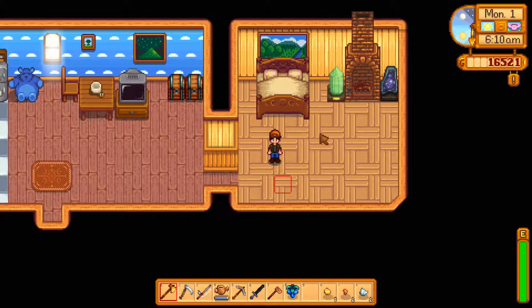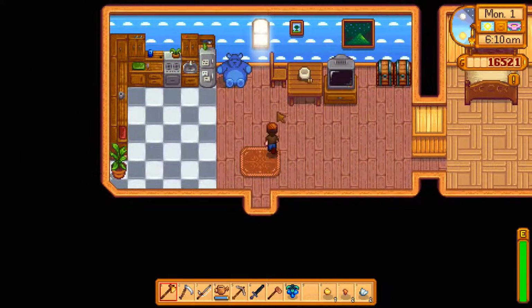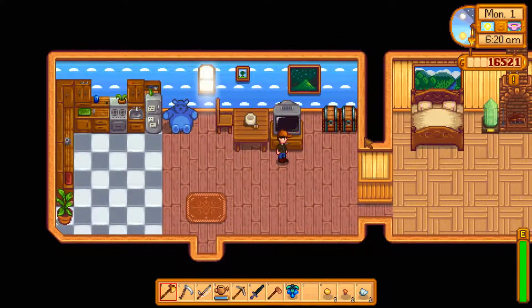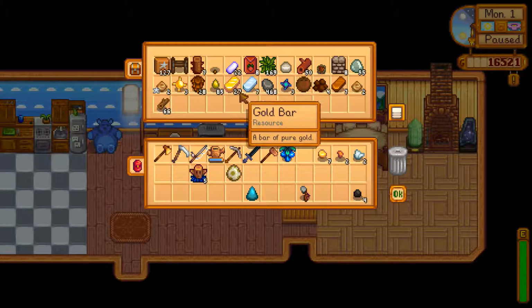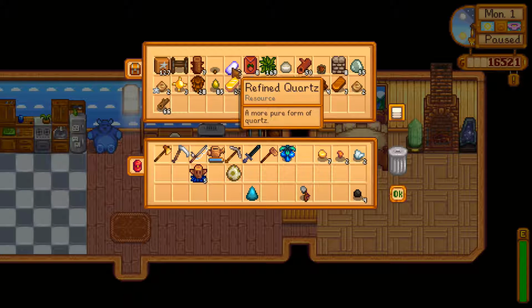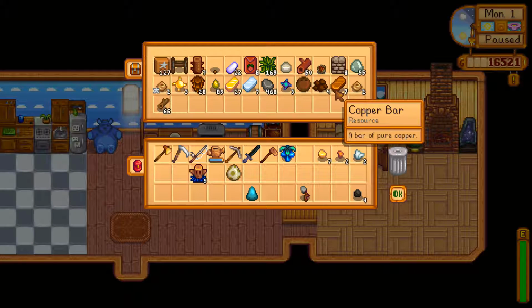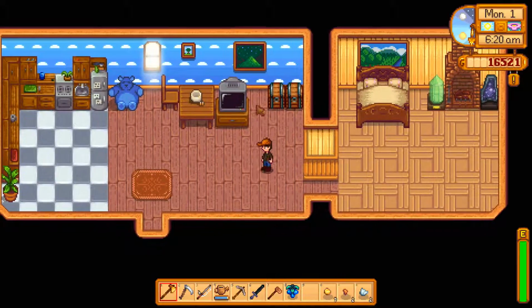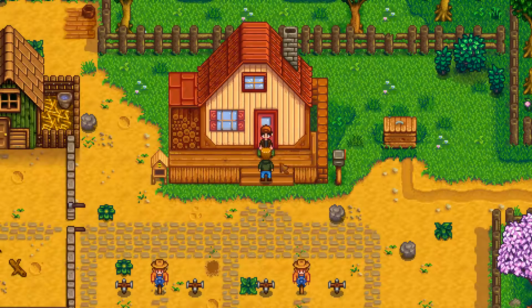So as you can see, I put an addition onto my house, changed the floor up a bit. This space is pretty much the same. And I can show you inside of the chests, and we can see what kind of items I got. I've really been harvesting. The winter was really cool because I spent a ton of time harvesting quartz and getting gold bars and iron and all kinds of those resources, and also copper to a bit of a lesser extent. But outside is kind of where...